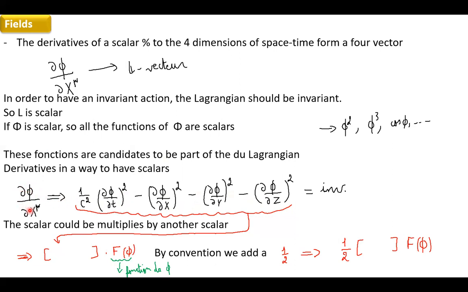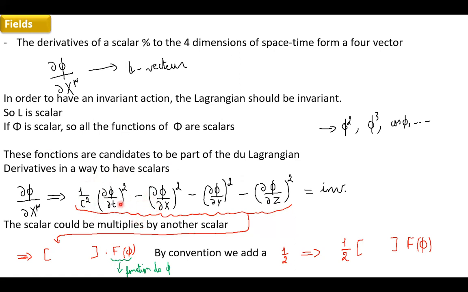The sum of the derivatives is a scalar, so it is invariant. So del phi over del x mu, the 4 derivatives. First we begin with respect to t: it's del phi over del t squared with 1 over c squared. You add the 1 over c squared because in the case where c is not equal to 1, or if you are working with an electromagnetic wave traveling not in vacuum, you replace c by v. So here we need to keep our 1 over c squared. So the derivative term is 1 over c squared del phi over del t squared